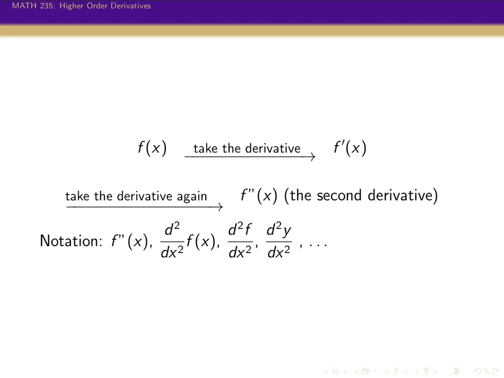And there's a bunch of other notation that's used. If we're talking about the function itself, we'll usually talk about f double prime of x. This other notation is usually used for saying take the second derivative or take two derivatives of a function. And so the idea of this is that d over dx